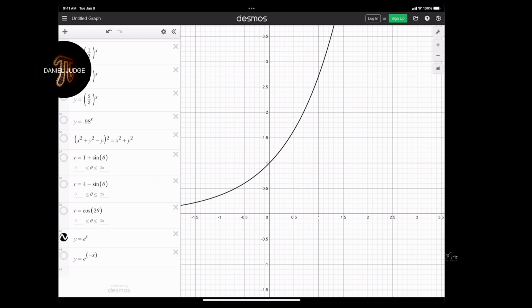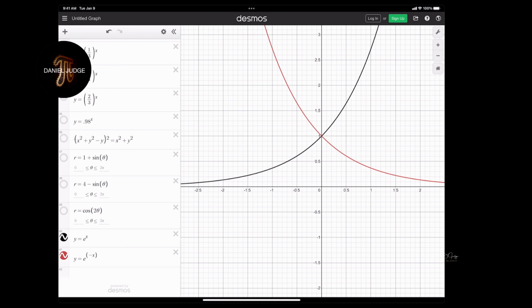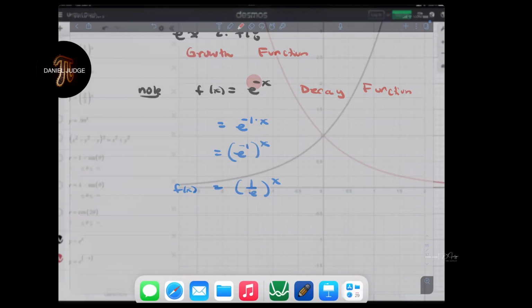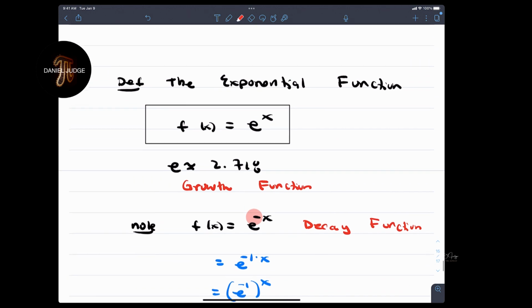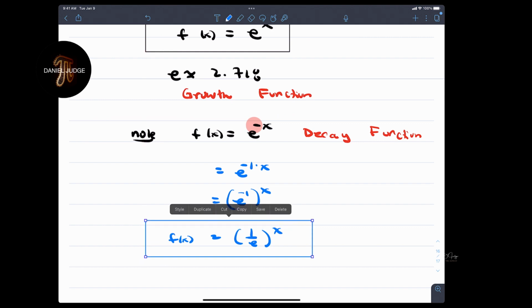So I have exponential growth and exponential decay, and that's because of the value of e. e is approximately 3, but 1 over e is approximately 1/3. So this is why you see what you see in the graphs here, exponential growth and exponential decay. So that negative power is a factor. And so, ladies and gentlemen, take a look. These are the things that were on that worksheet here. If I go to the browser,